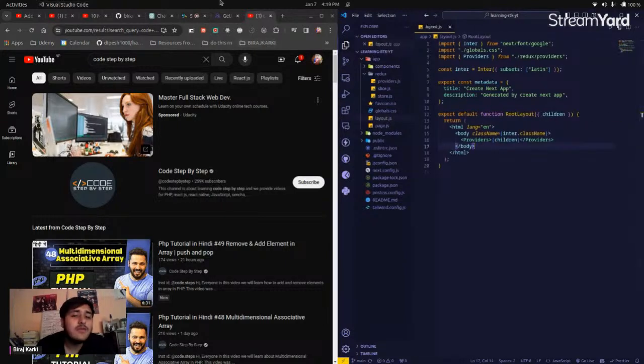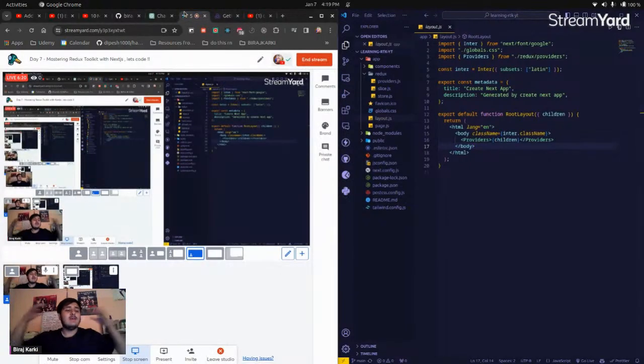So it will basically wrap our full Next.js project, so we can have the functionality of it. Okay, and I also want to say that Redux Toolkit is